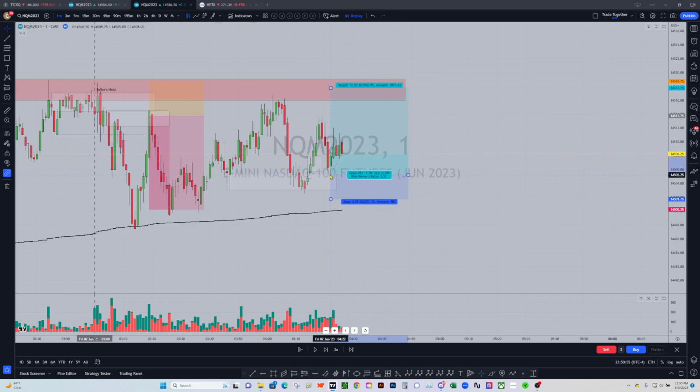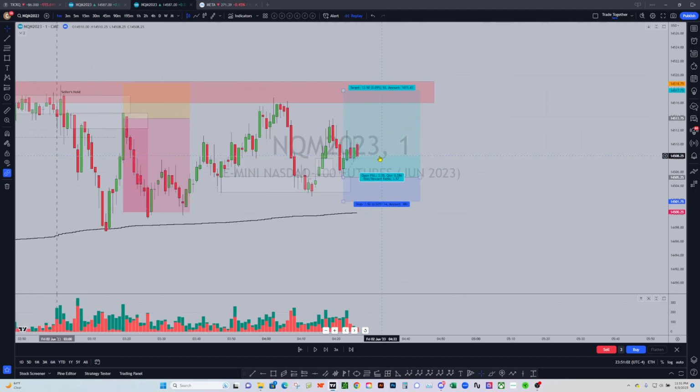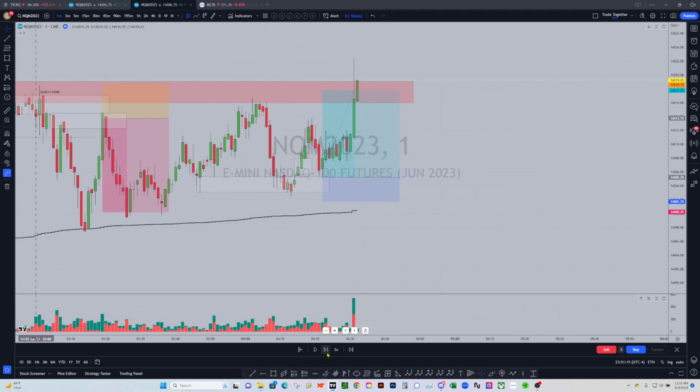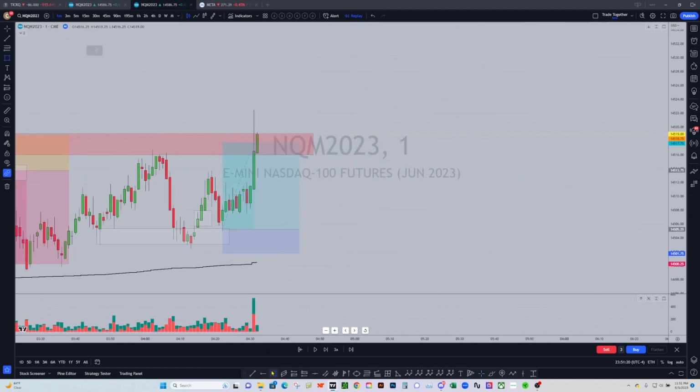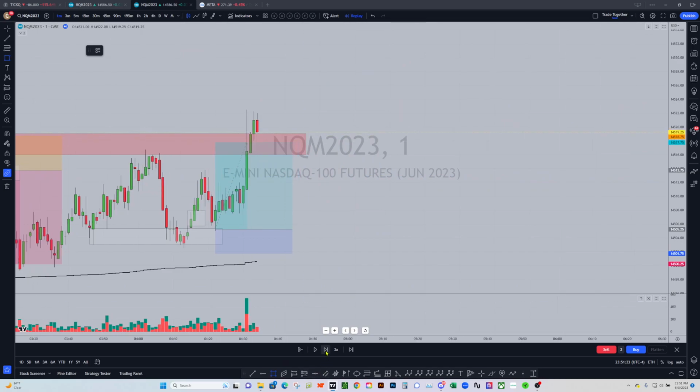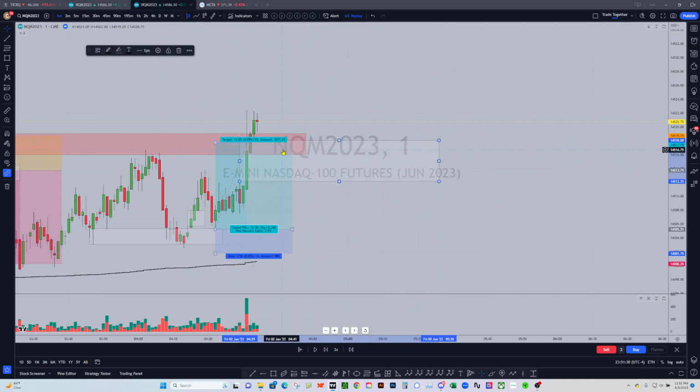So sometimes it's better just to trust your trading strategy, trust that this method works greater than 50% of the time. And with a risk reward like this, you're okay to afford a couple of losses as you progress through this trade. So this one ends up working out pretty well, and it also gives us a pretty decent imbalance. I'm watching price, how it pulls back into this area,